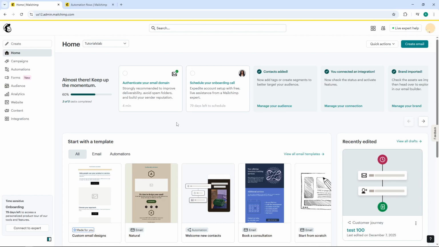Welcome back, everybody. Today I'm going to teach you how to combine email and SMS marketing in Mailchimp. This powerful combination allows you to reach your audience through multiple channels, significantly increasing your engagement rates and ensuring your message gets delivered. Whether customers prefer checking their inbox or their text messages,